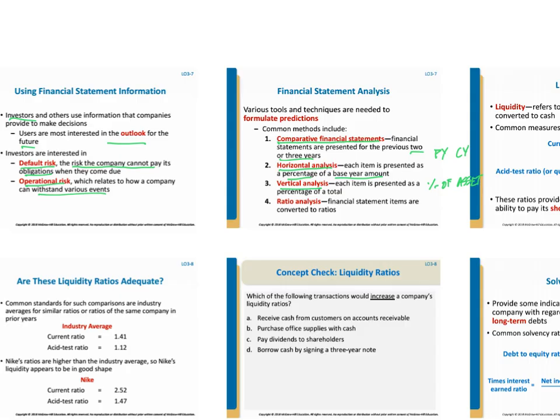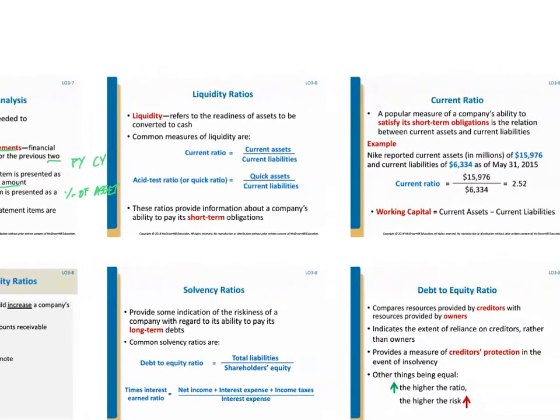A ratio analysis is also a common way for us to formulate predictions on where the future of the company is going, and that's what we're going to focus on in the remainder of this chapter. The first set of ratios that we're going to look at are liquidity ratios. Liquidity refers to the readiness of assets to be converted to cash. There are 2 common liquidity ratios that we're going to look at. 1, current ratio, and 2, the acid test or quick ratio, are commonly used to help us determine the liquidity